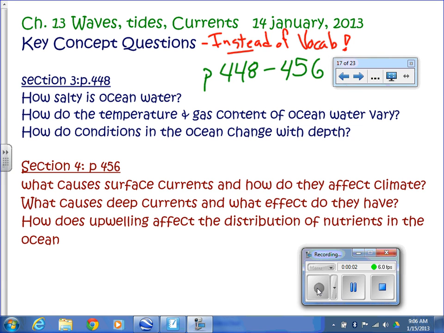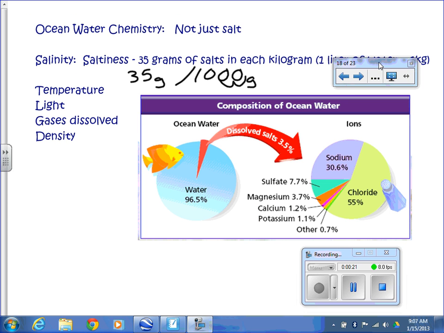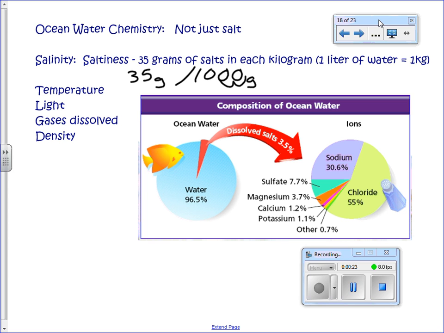This week we are studying ocean currents, and that is directly related to how salty the ocean is. So the first thing we need to look at, these are the questions you looked at yesterday in the textbook. I know you did not have a lot of time to do it, but let's take a look at what causes currents. First of all, we're going to look at ocean water chemistry, which just means what chemicals, what